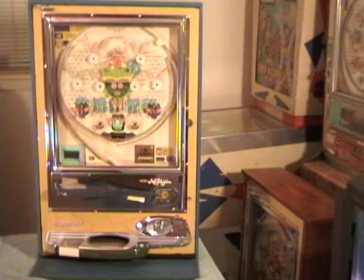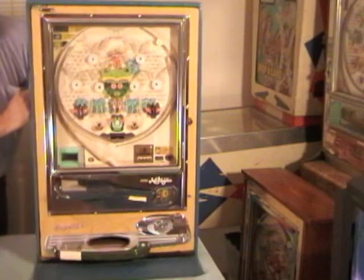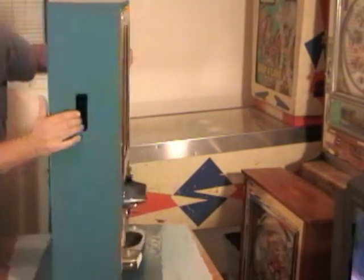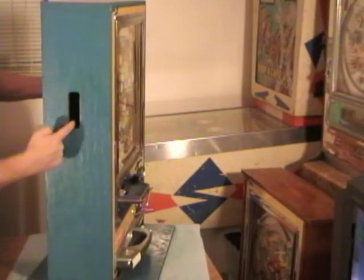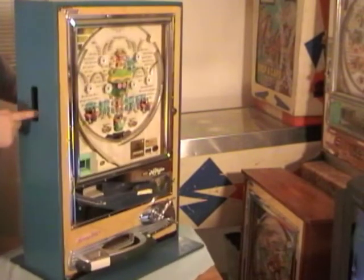We finished restoring your 1972 Nishijin A Pachinko machine, and this quick start guide will show you how to set it up and play. It's in your cabinet, the one that your grandfather built, a really nice cabinet. I want to show you how to get inside the machine because this cabinet has a back, and so you can't get to the back of the machine except by opening it through either this slot here or one on the other side. This one here,